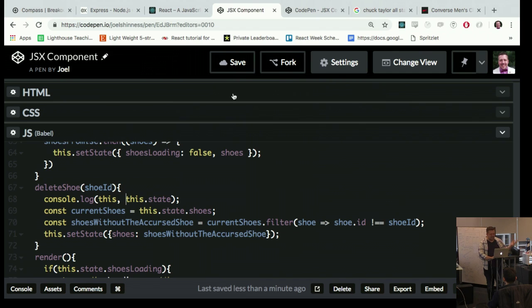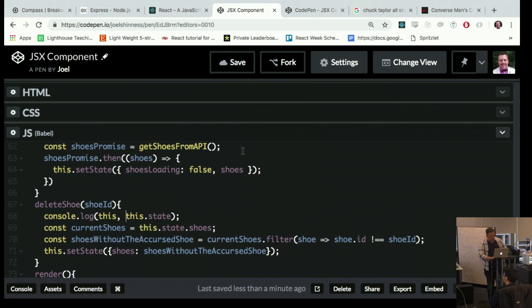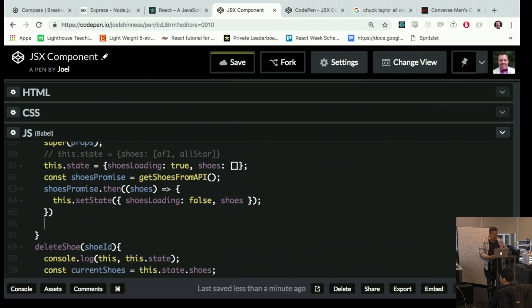I'd kind of accidentally done it already because I don't pay attention. But what I'm going to do here in my constructor is say this.deleteShoe equals this.deleteShoe.bind(this). And what this basically says is, hey, delete shoe, you know exactly who I am. And now that this is in place,